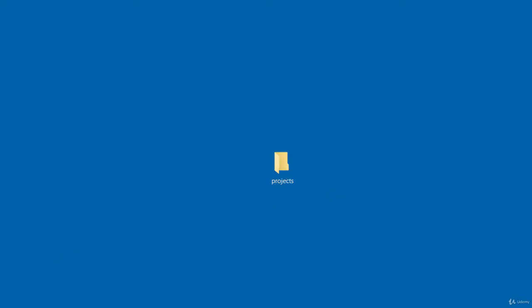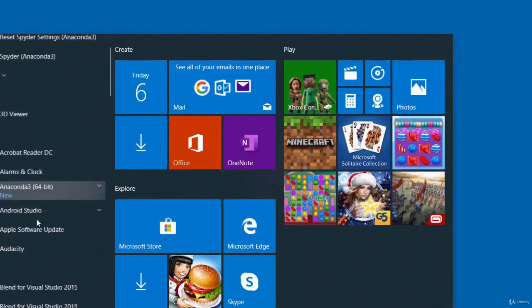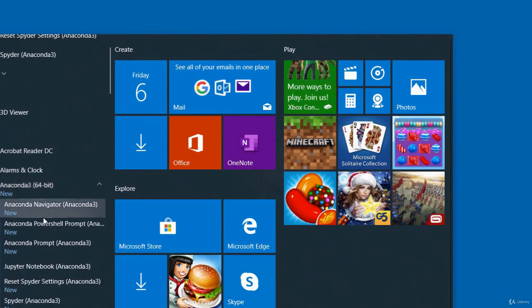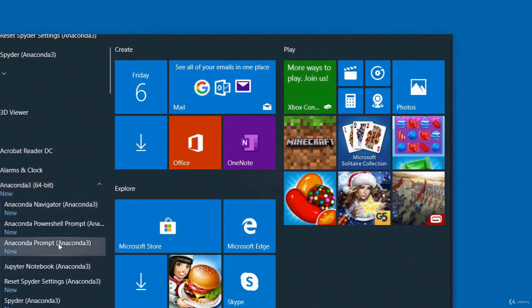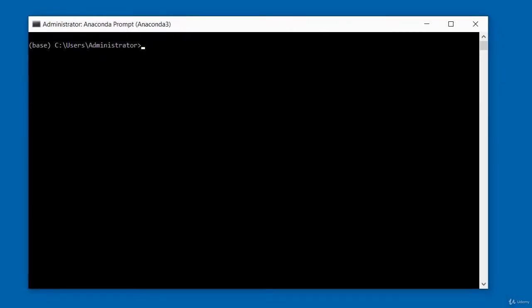So to do that, I go to All Programs, and inside the Anaconda folder, we've got the Anaconda prompt. So this is what I'm going to use. I click on the Anaconda prompt and wait for it to launch. You can see it tells me the base, which is the default where the Jupyter Notebook will start, unless you change it. I want to change that to my desktop. So I do CD